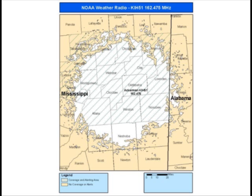All right, this was brought to my attention. I thought this issue had been resolved. It has not. The NOAA weather radio antenna and transmitter tower has not been fixed, and this services part of our area of greatest risk here. You can see Lowndes County, Oktibbeha, Clay County